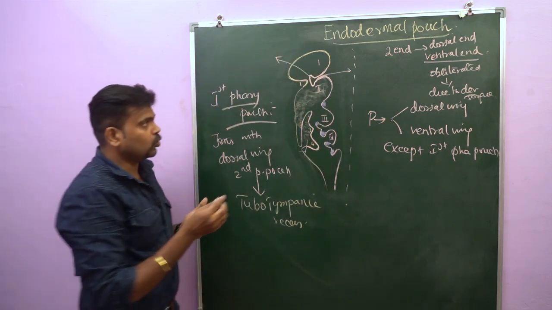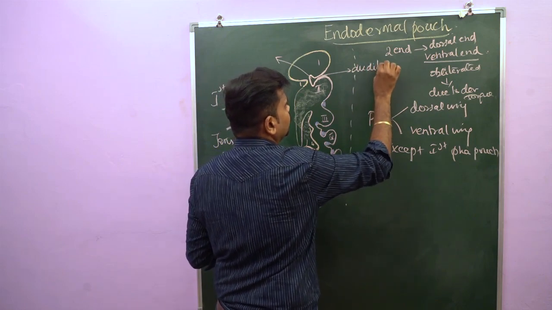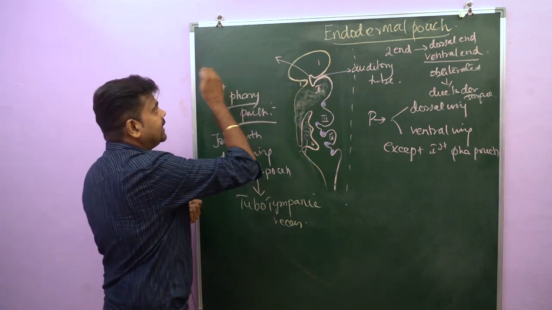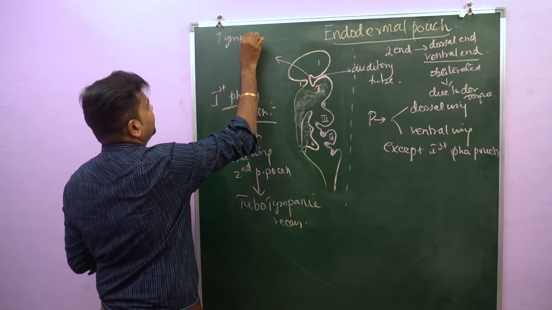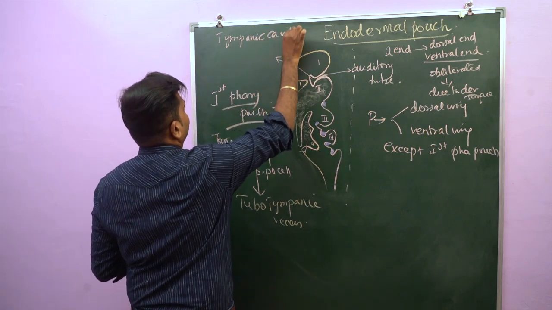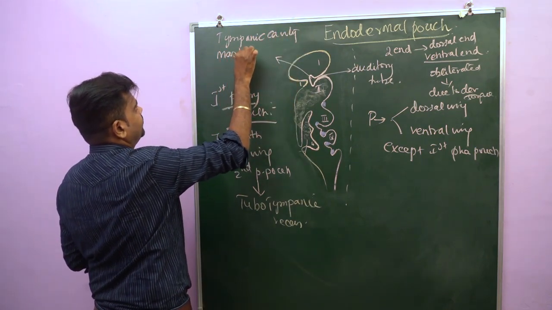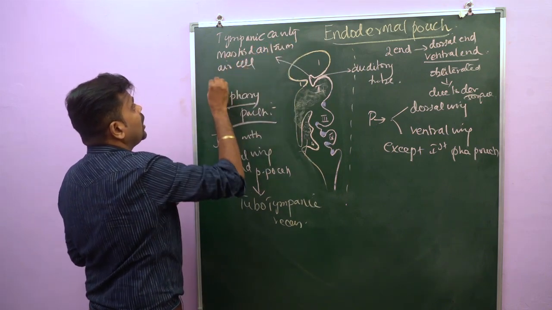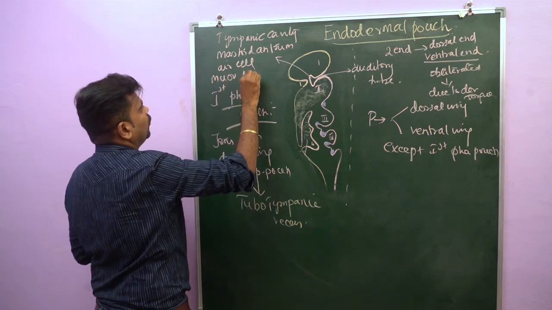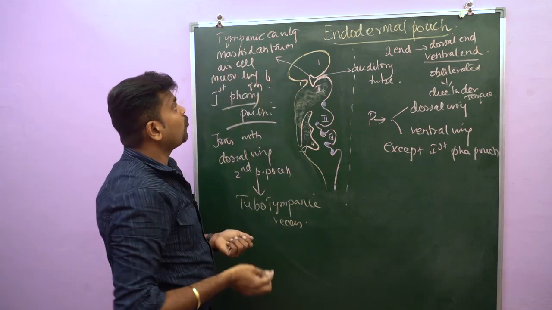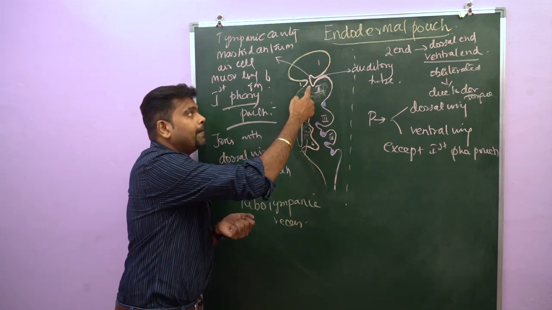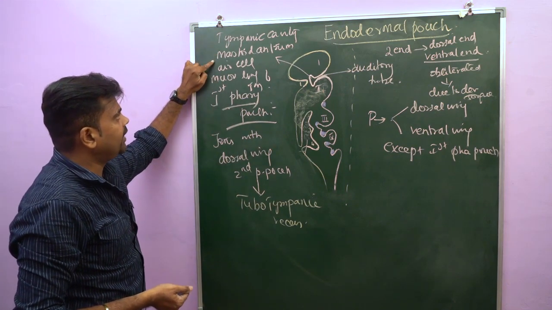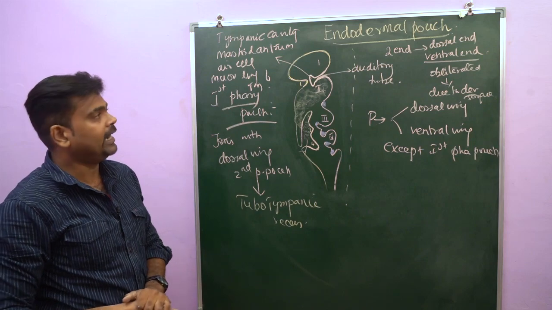The medial part is narrow and gives rise to the auditory tube, whereas the lateral part is dilated and gives rise to the tympanic cavity, mastoid antrum, mastoid air cells and the mucosal lining of the tympanic membrane. So these are the 4 important structures which arise from the blind end of the tubotympanic recess. Number 1 is the tympanic cavity. Number 2, mastoid antrum, mastoid air cells and mucosal lining of the tympanic membrane.